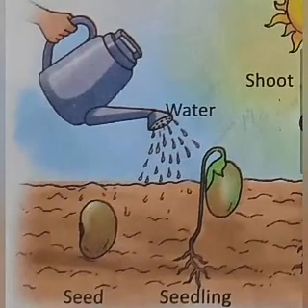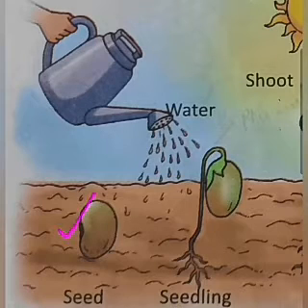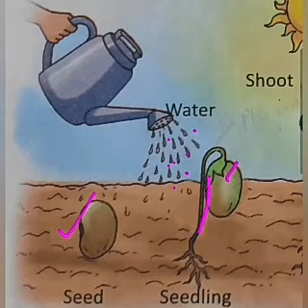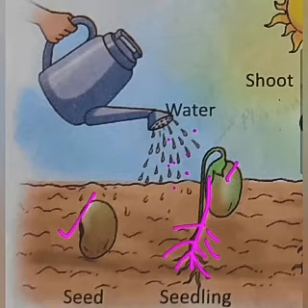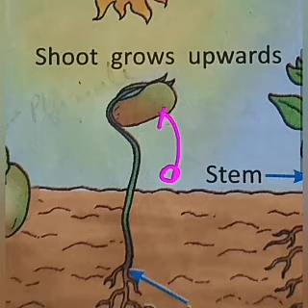So now, let's study germination in detail. In the first stage, you can see that a seed is being sown in the soil and it is also being watered. In the second stage, the seed absorbs the water and the seed coat, that is the outer covering, breaks up, and after that the embryo grows towards the soil and it forms the root. Now in the third stage, clearly you can see that the cotyledons have come upwards. Earlier, they were present here near the soil and now they have shifted upwards.